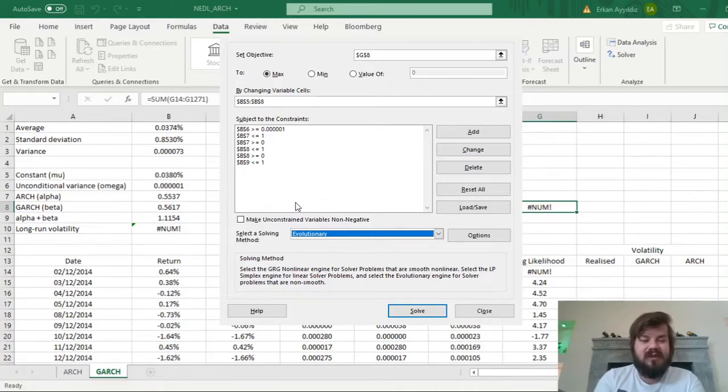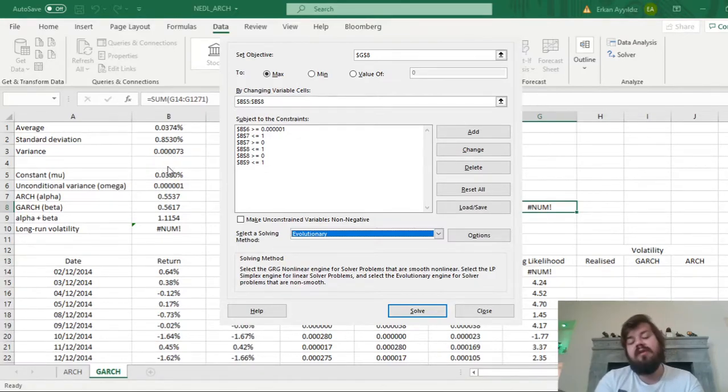So here we have already got both upper and lower bounds on alpha and beta, so we need to add an upper bound on unconditional variance, omega, and both upper and lower bounds on our constant mu. For omega, there is a clever way how we might select a reasonable upper bound. First of all, bear in mind that unconditional variance is itself a lower bound on conditional variance, and our average variance throughout the sample, if we assume constant volatility, is